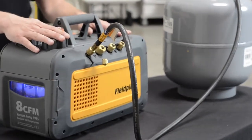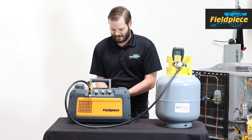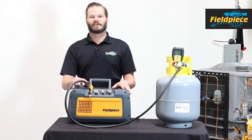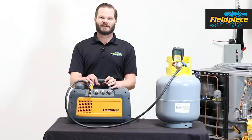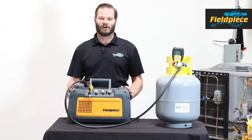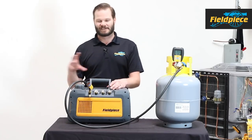That is the Fieldpiece VP85. We are selling oil. It comes in gallons, quarts, as well as these extra bottles if you like. You can either refill these or buy new ones. Either way, the oil that we're selling is optimized for this machine, and its biggest advantage is doing cold starts. That's actually another feature of the DC motor that I forgot to mention: on cold starts, the DC motor, because it's variable speed, can slowly ramp up